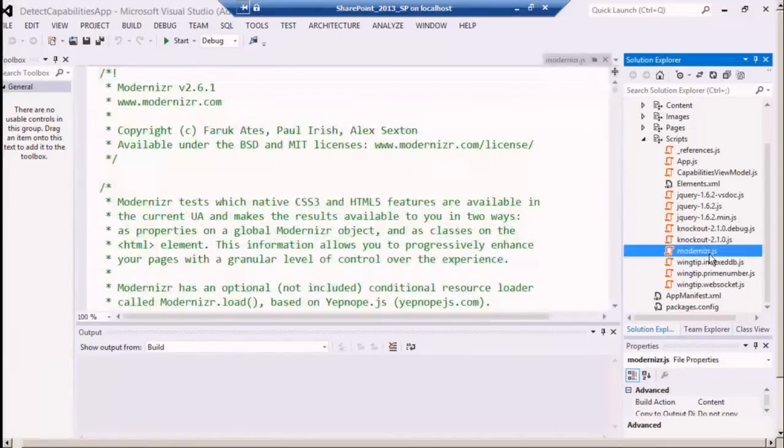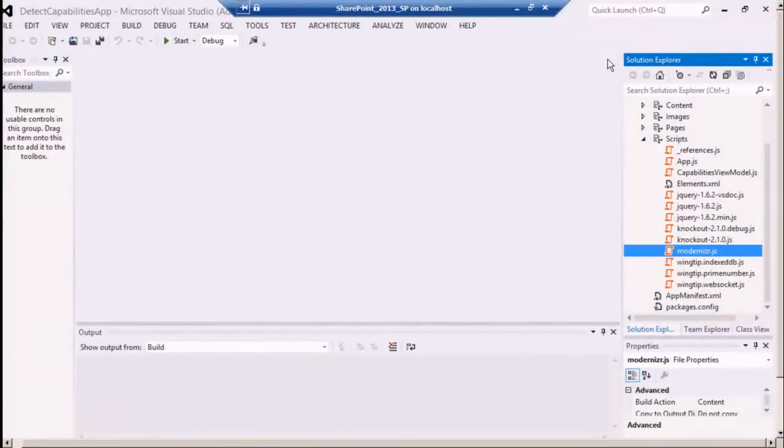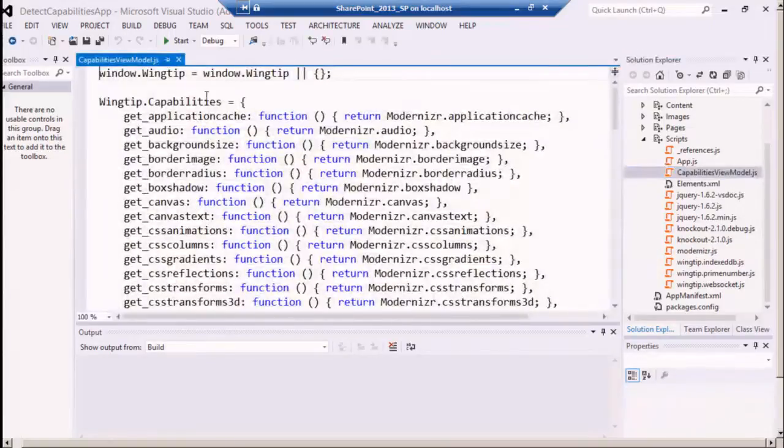a library here called Modernizr. Modernizr, can you see that? It's like modern, I-Z-R, Modernizr. Modernizr's whole purpose in life is to allow you to determine the HTML5 capabilities of a browser that comes in. So you can see I've built a library here that surrounds Modernizr that just allows you to do things like get audio or get background size, and it just returns to you essentially a true or false as to whether or not the browser that's hitting you supports that HTML5, CSS3, JavaScript capability. So you want to make sure that you get Modernizr for these things. And then,